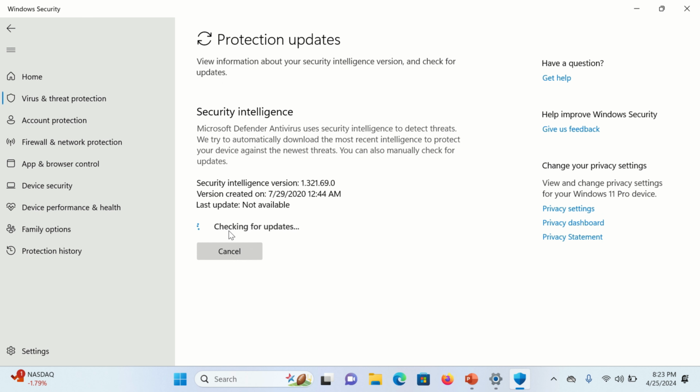It will take some time. Now you can see here updates are successful. This simple and easy method you can follow to update Windows